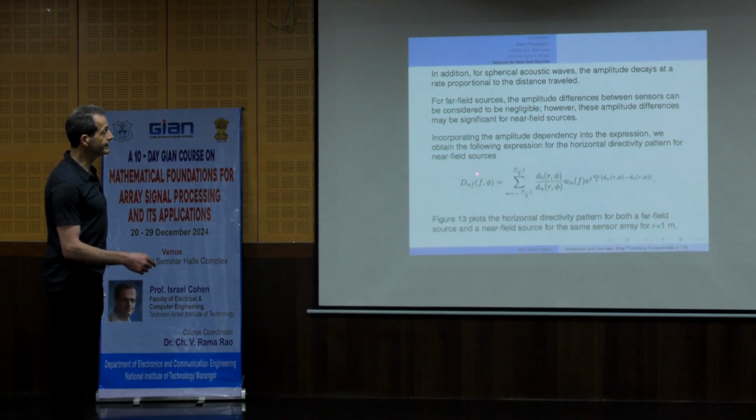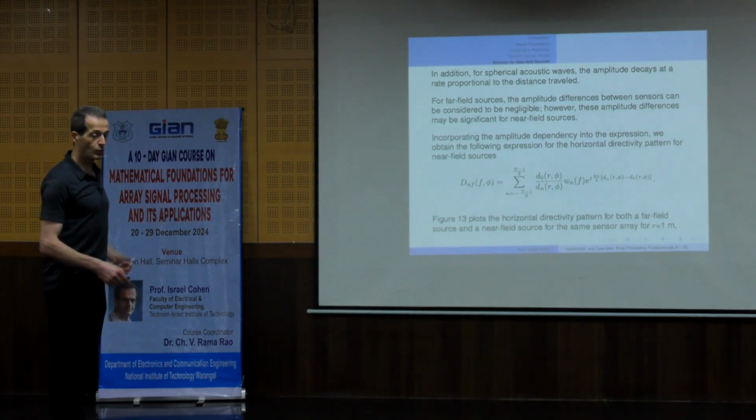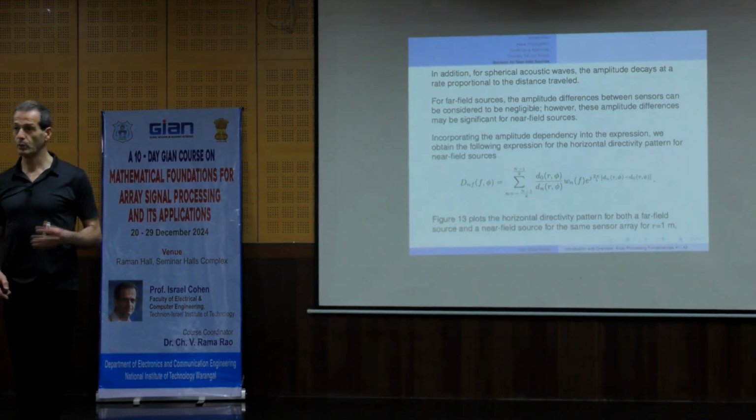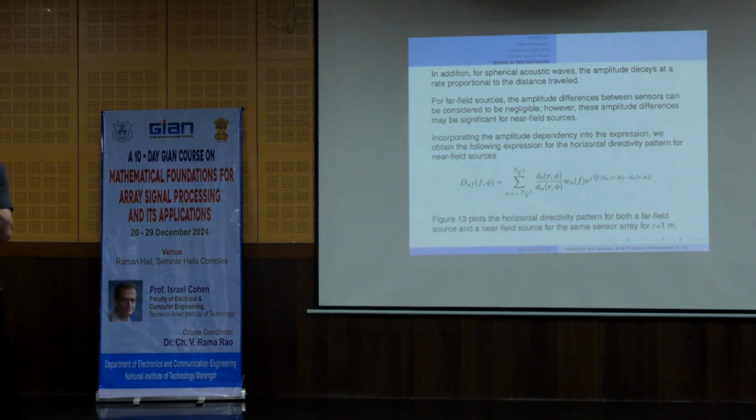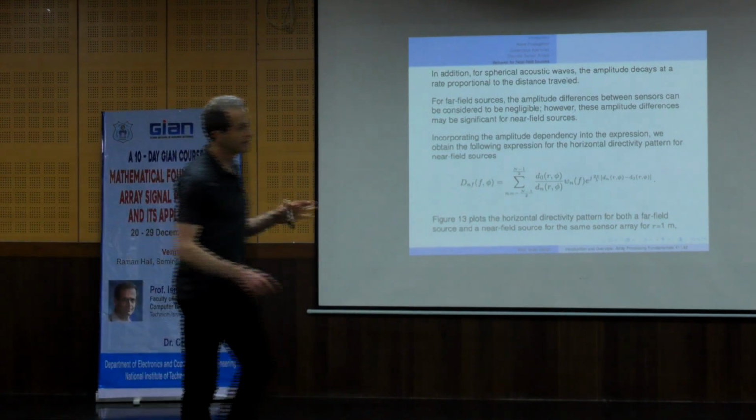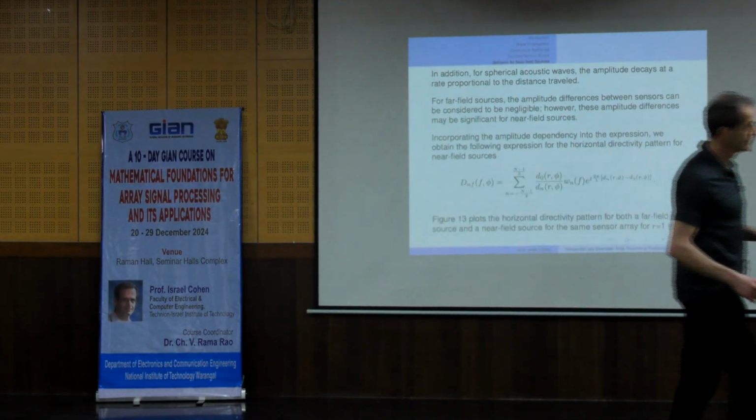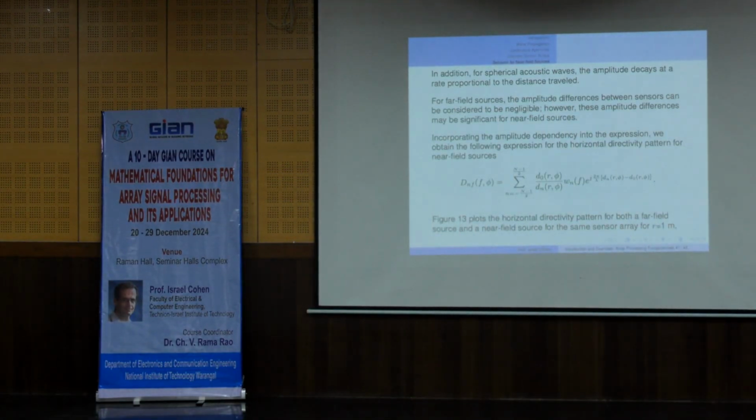So this will be the directivity pattern for a near field source. So for any near field source, at the output, what do we measure? What do we measure? Directivity pattern, what does it say? That for the near field, any source that is at a certain position,